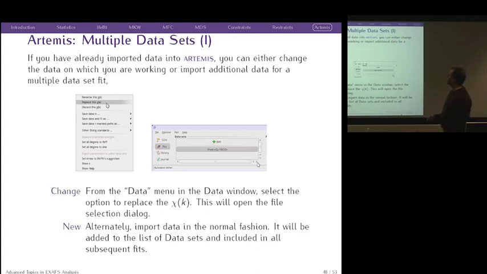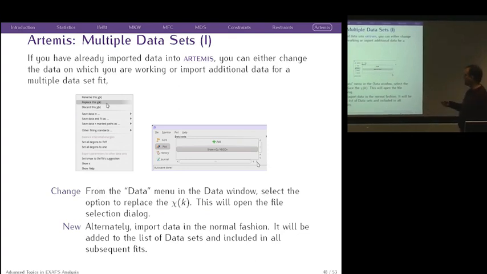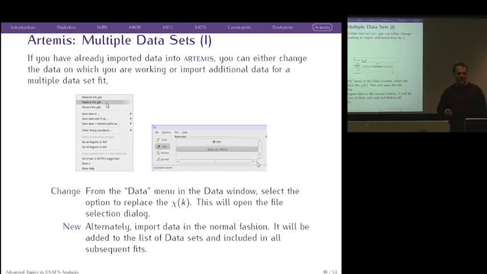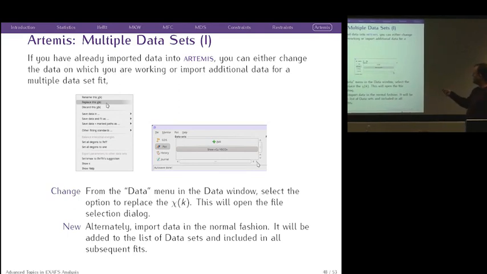However, there's two things you might want to do with a second data set. You can simply change what data set you're looking at. So you could, for example, analyze your data at 10 Kelvin and then say, okay, now I want to apply this fitting model to my data at 100 Kelvin. And then you would just simply, in the data window, say, replace this chi of k. That will open up the dialog for importing data from an Athena project file and simply replace the data with the new data. But you could also import new data, in which case you'll just start to get a stack